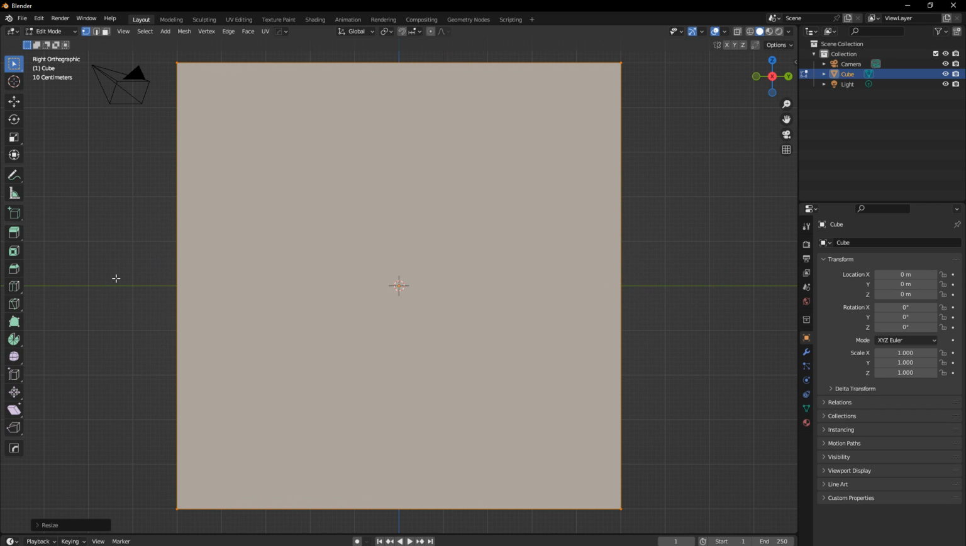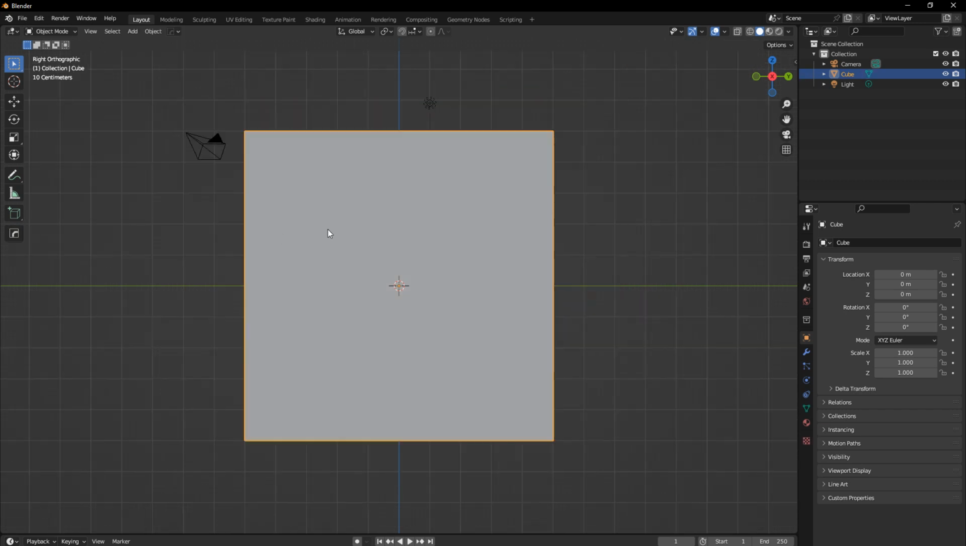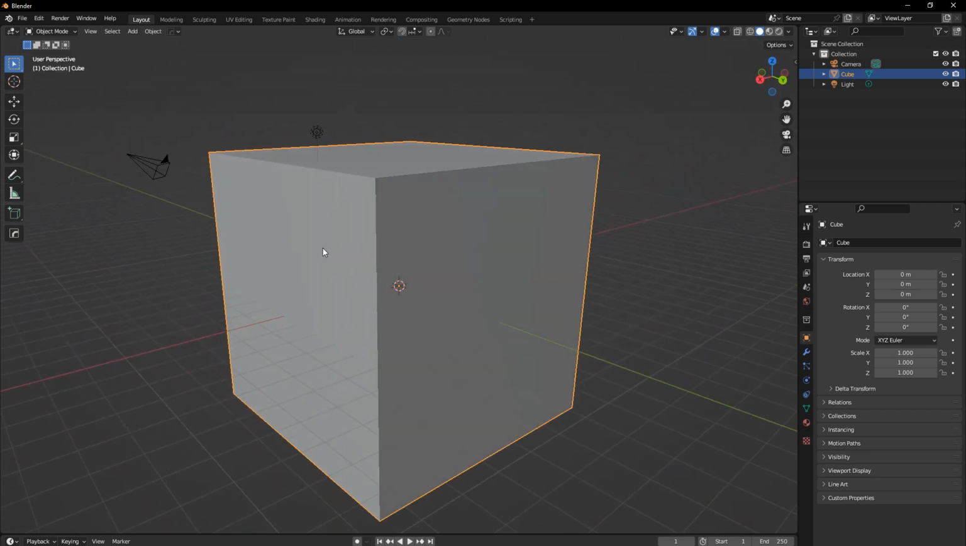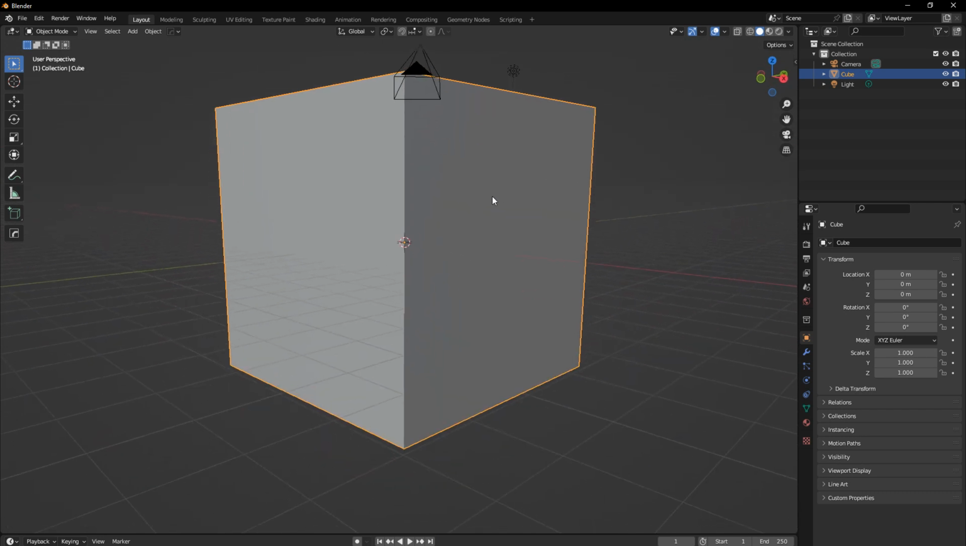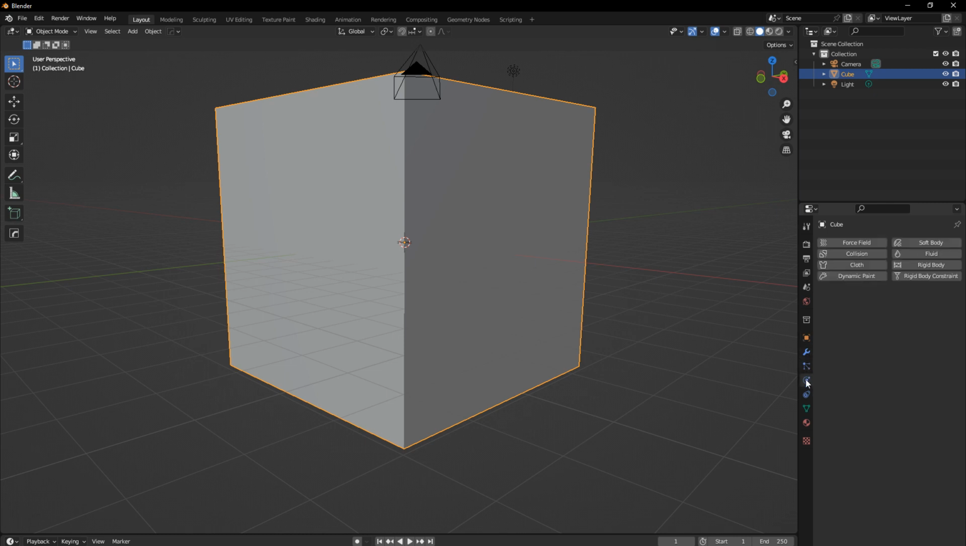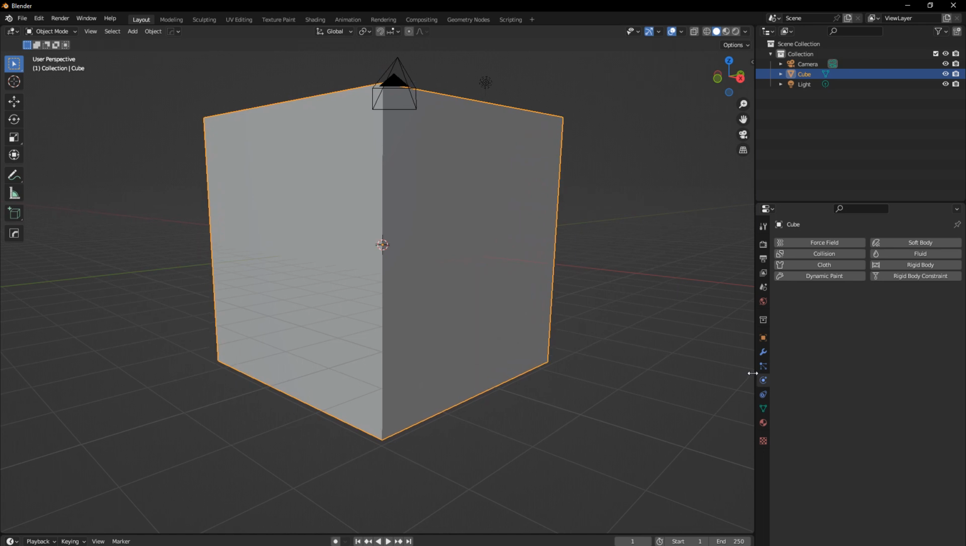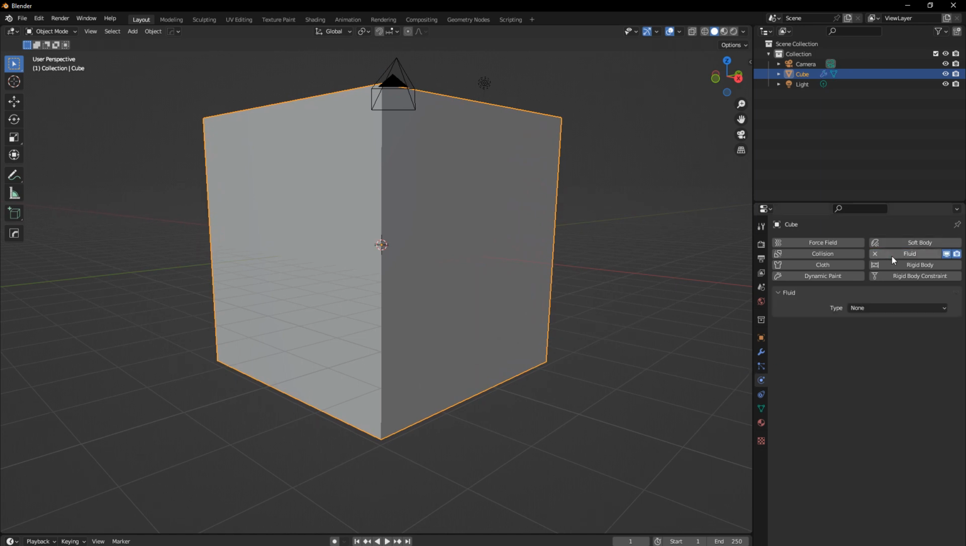Let's not delete the default cube, because we're going to use it as our domain. Okay, this is going to be a fluid simulation with a mountain flow. So first thing is, let's go to physics tab, and I'm going to change this to a fluid